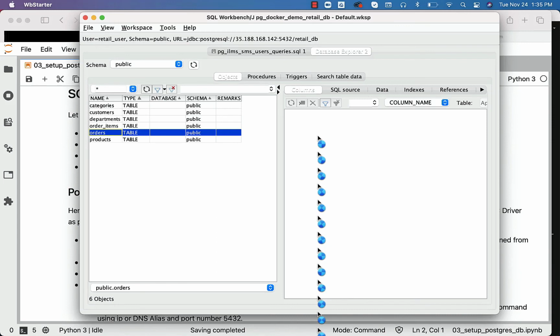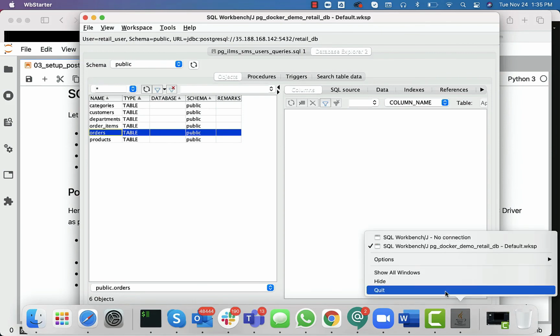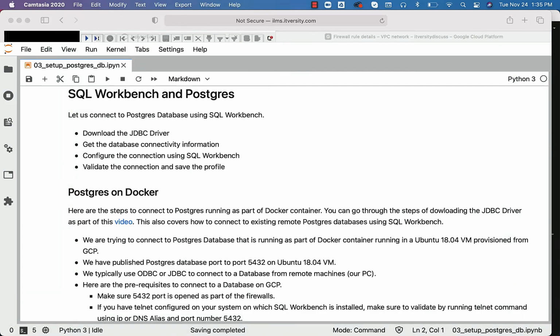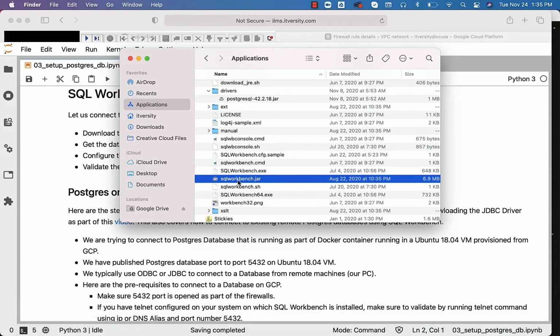As I am in India and the VM is in a US data center, because of the WAN or wide area network, it will take some time to establish the connection between SQL Workbench and the databases that are running in the container in the VM that is provisioned from GCP from the US data center. So depending upon the bandwidth, it will take time. You just have to be patient when you use tools like SQL Workbench to connect to remote databases which are set up in different countries than where you live. It is taking quite a bit of time. If it is taking too much time, you can close this. Let me close it. Sometimes this will help fix unnecessary hanging issues.